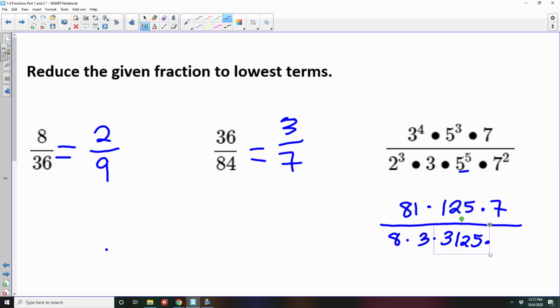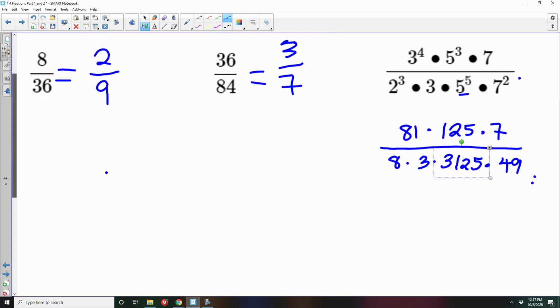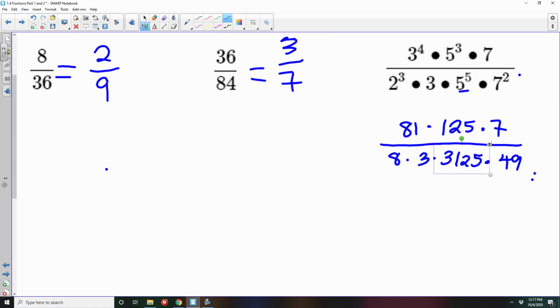And now 7 squared. 49. Now I'm going to need your odds up because that's a big multiplication. So 81 times 125 times 7. 70,800. Make sure I wrote that correctly for me. So 70,875. Now the bottom's going to be an awfully large number as well because it's 8 times 3 times